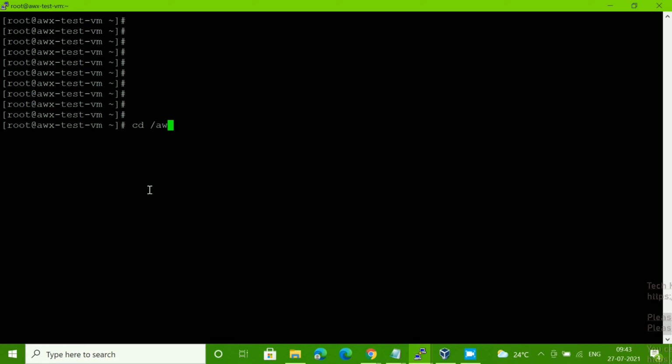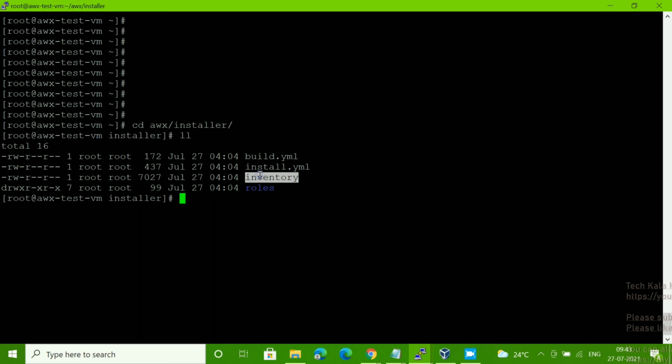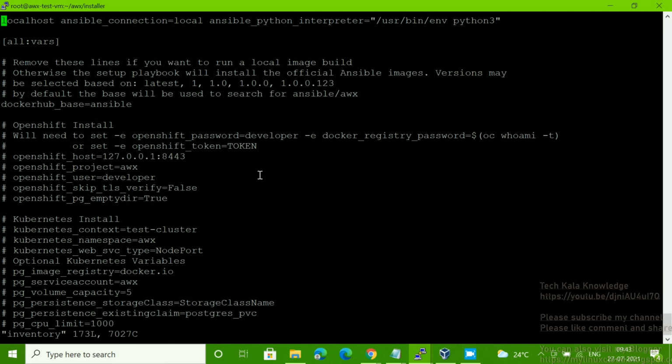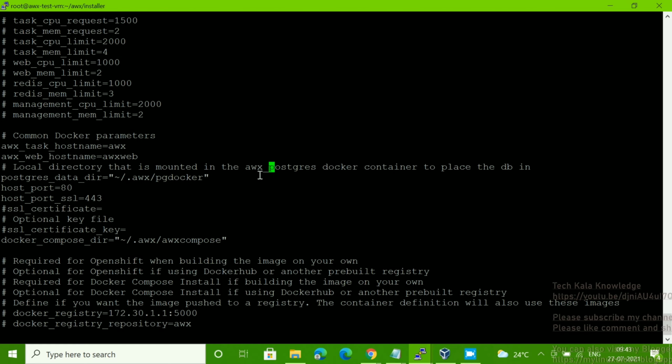So we will go to the AWX installer, and then we have to change our inventory file, like we have to change some parameters. Okay, now what is Postgres? Where is Postgres? Okay, so this one, Postgres data.